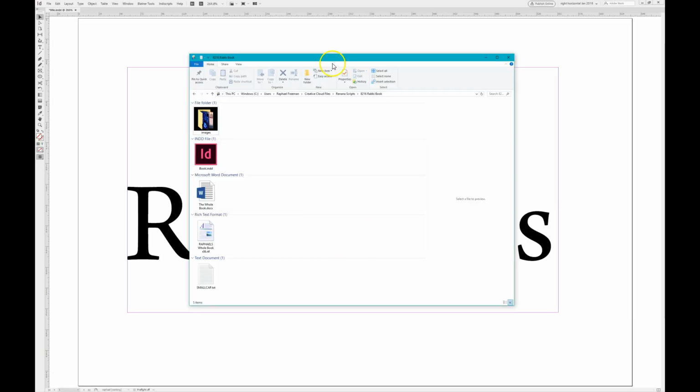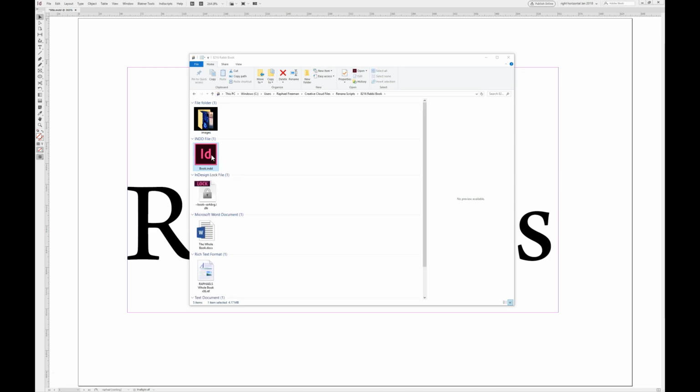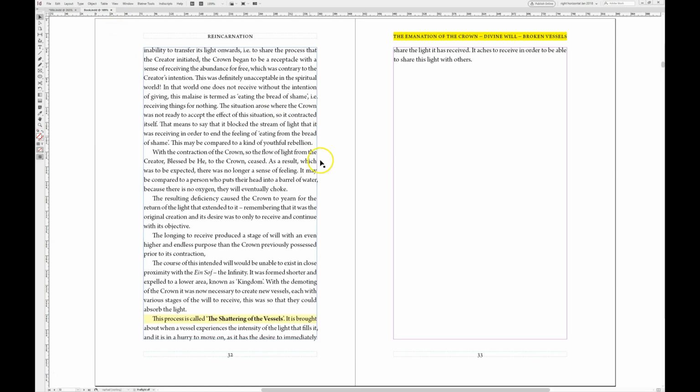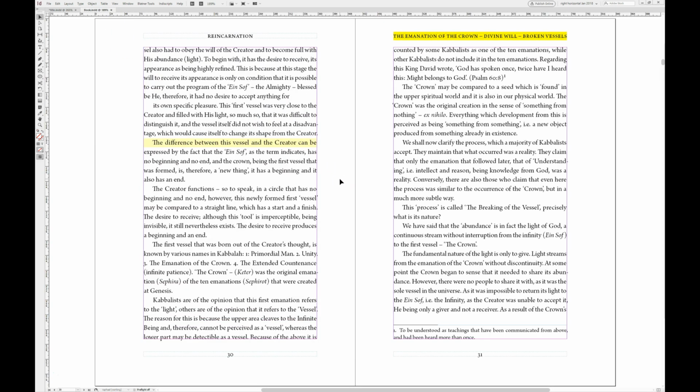So let's now go to our folder, and here we have a folder for a book. We originally received the Word manuscript, and now we've typeset it. And this is the file, book.indd. Very exciting name. Actually, the name of the author is Book, which is the reason why we're calling it Book. And as you can see, we've got this file, and now we want to work with it.